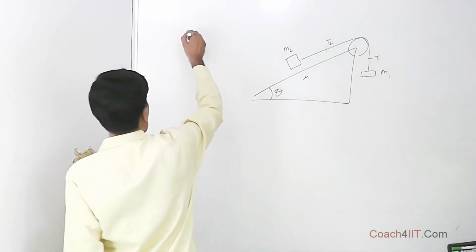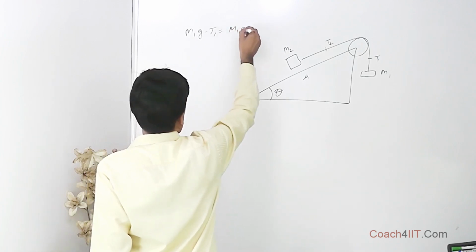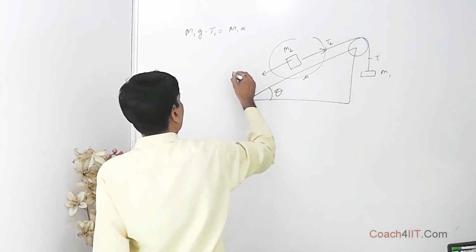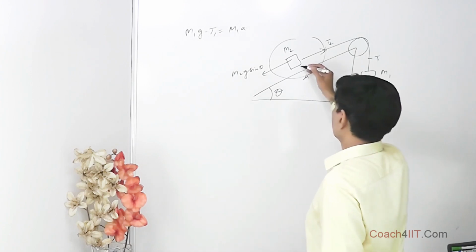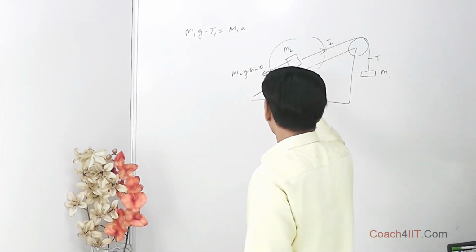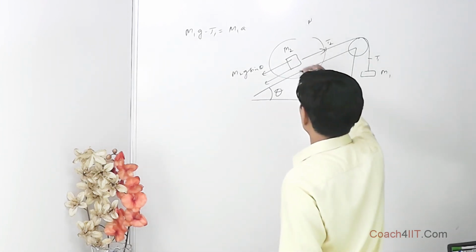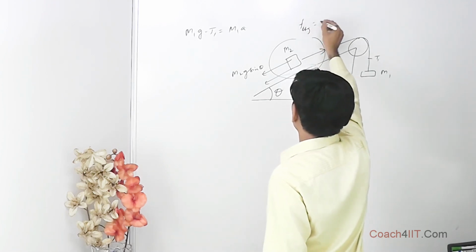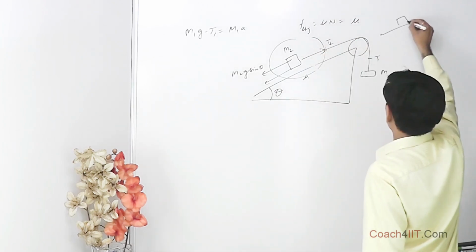So the equation for this is m1g minus T1 is equal to m1a, and for this T2 is acting this way, m2g sin theta is acting this way, and if this is moving over this surface, then the friction force will reach its maximum value, that is the limiting value, and that is mu into N. So N is obviously mg cos theta here, and we know the limiting value of friction force is going to be equal to mu into N. If we talk about this,